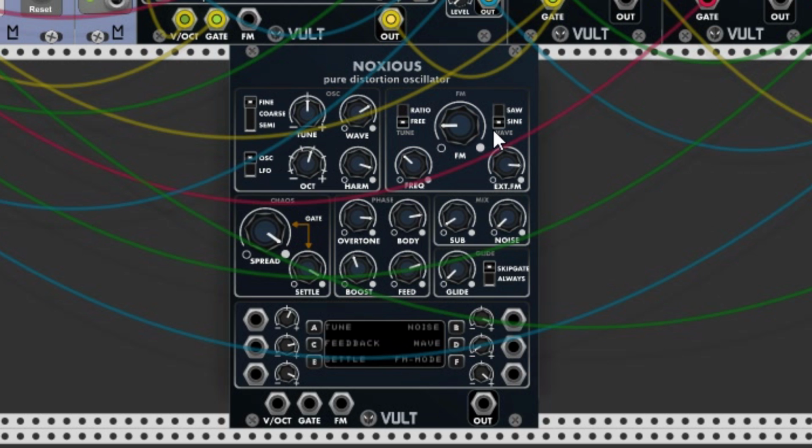Have a look. Everything jumped. I will make it again. Ctrl R. You can see the tuning stays where it is. So we can create random sounds, but staying in tune. And it will also not affect the LFO mode. You see this is also staying as it is. It will also not add noise and also not add glide. But everything else is being randomized. This is also a really nice feature.